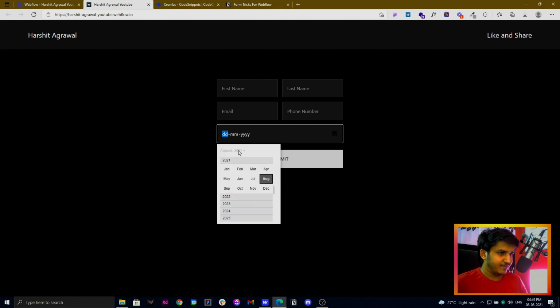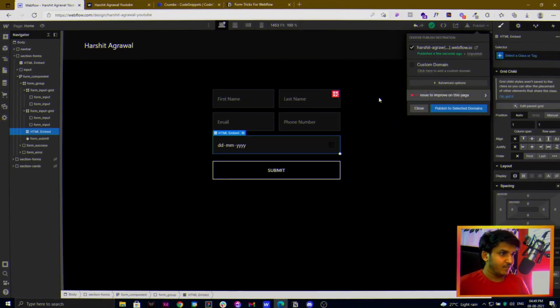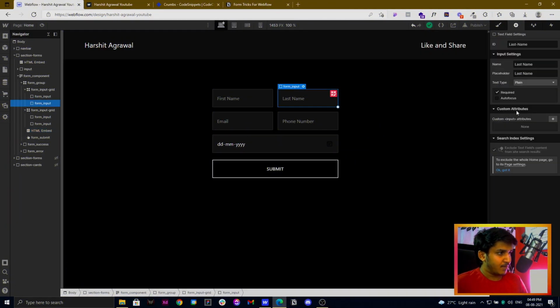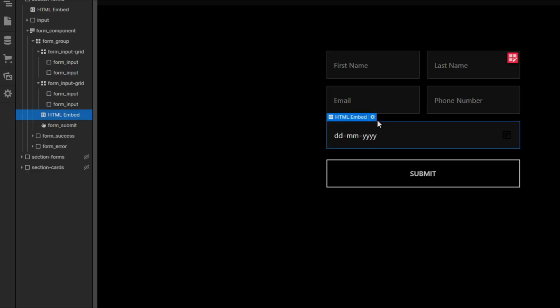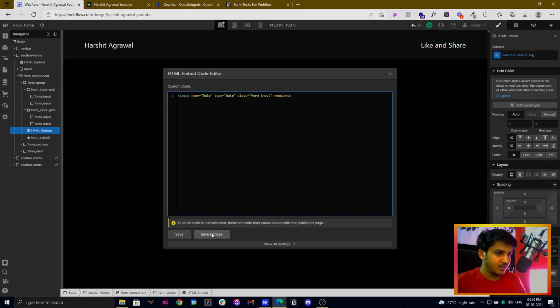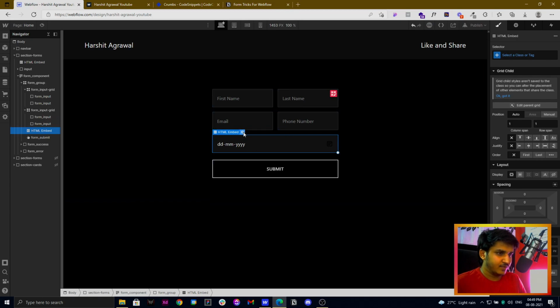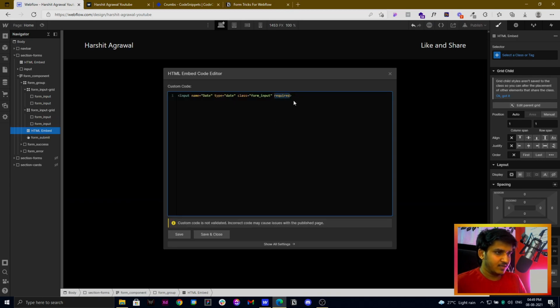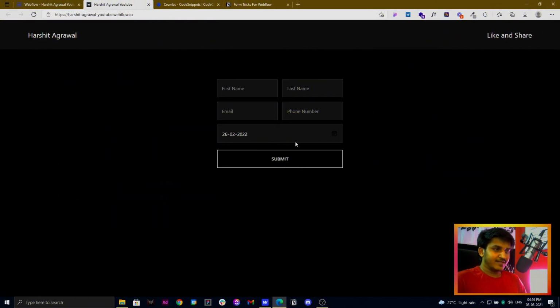So there we go, we have a very basic date picker and it's actually really nice. I personally like this a lot. In Webflow we can also mark a field required or optional, right? So in HTML, we can just go inside and type in the attribute that is required. Now this field is required. Before, when we didn't have this required attribute here, it was just an optional field. Once we type this, it is a required field. So this is how we created the date picker.